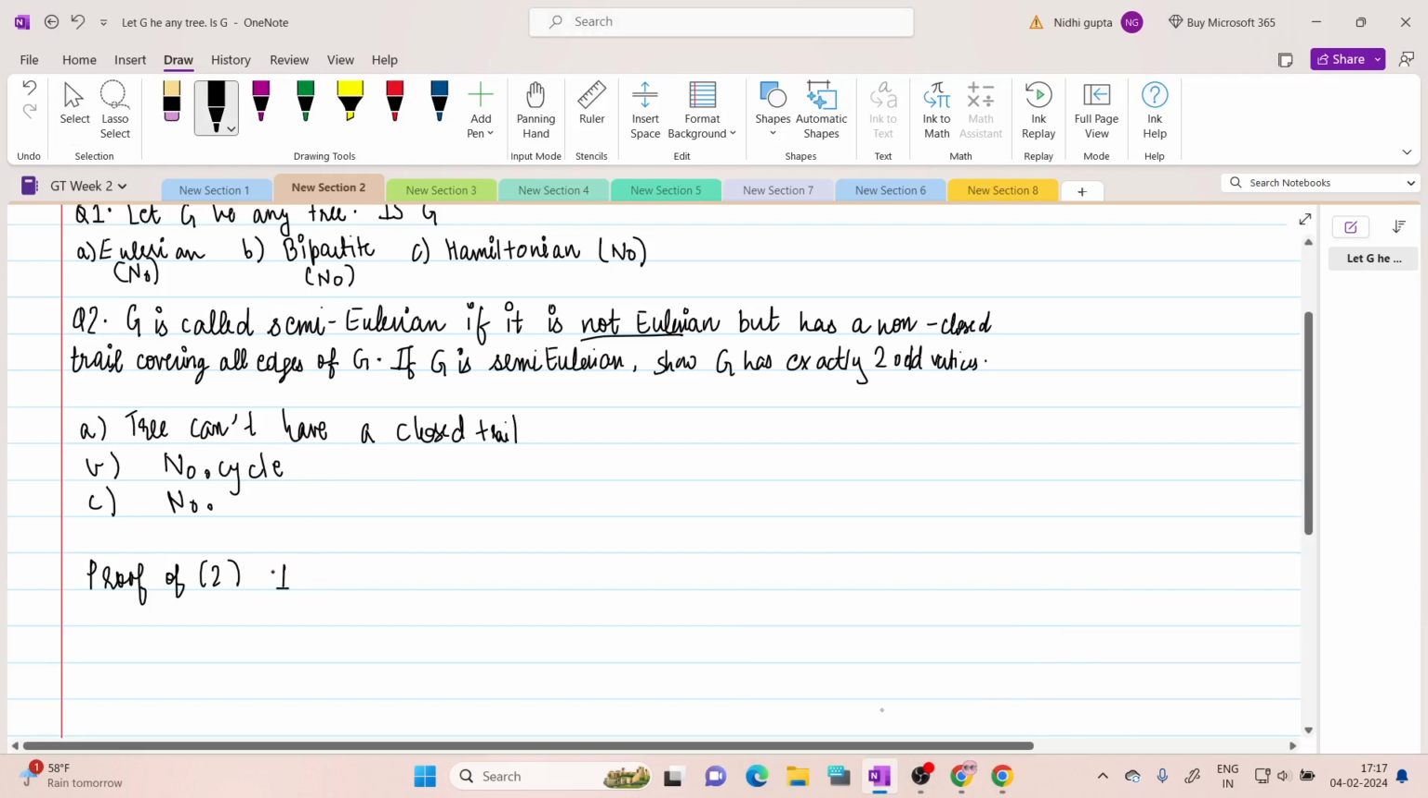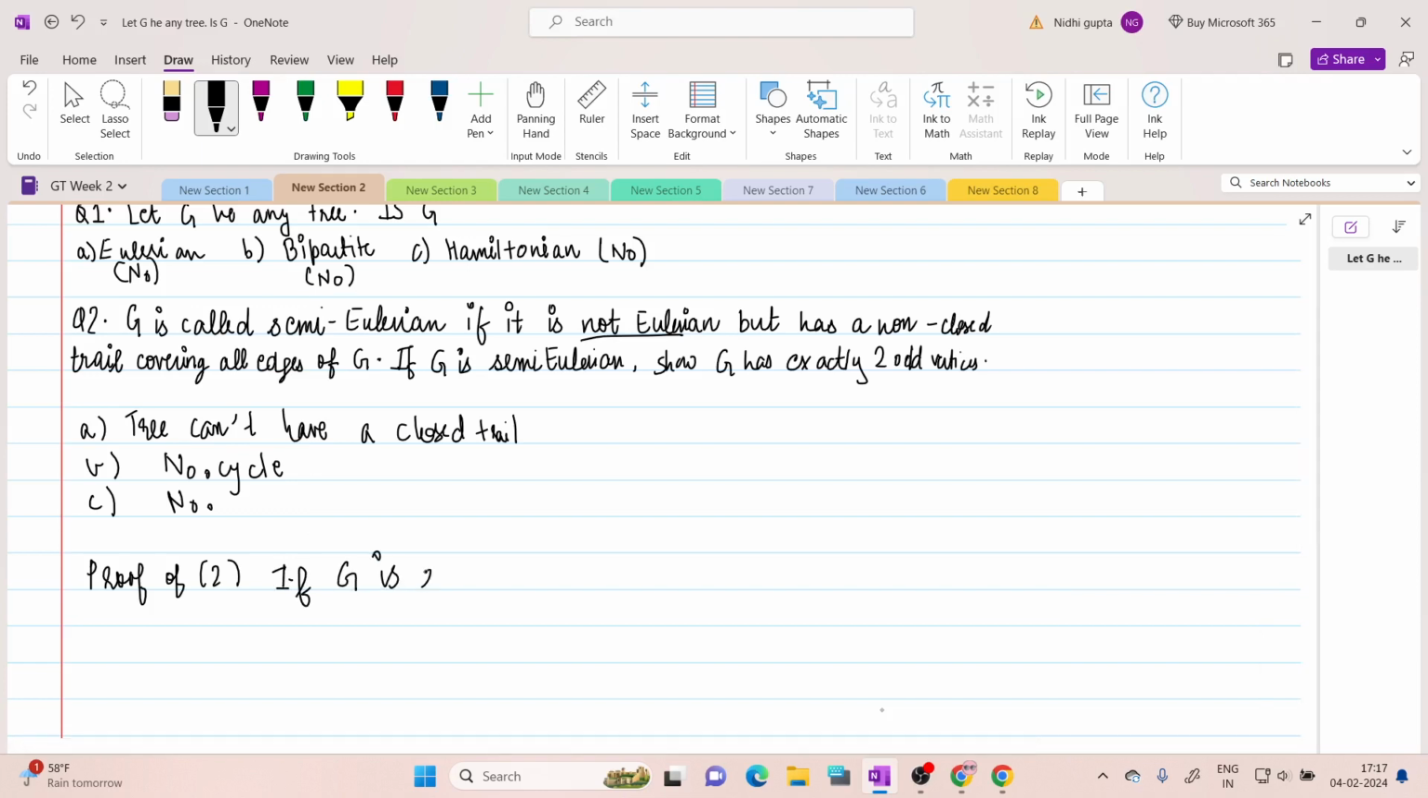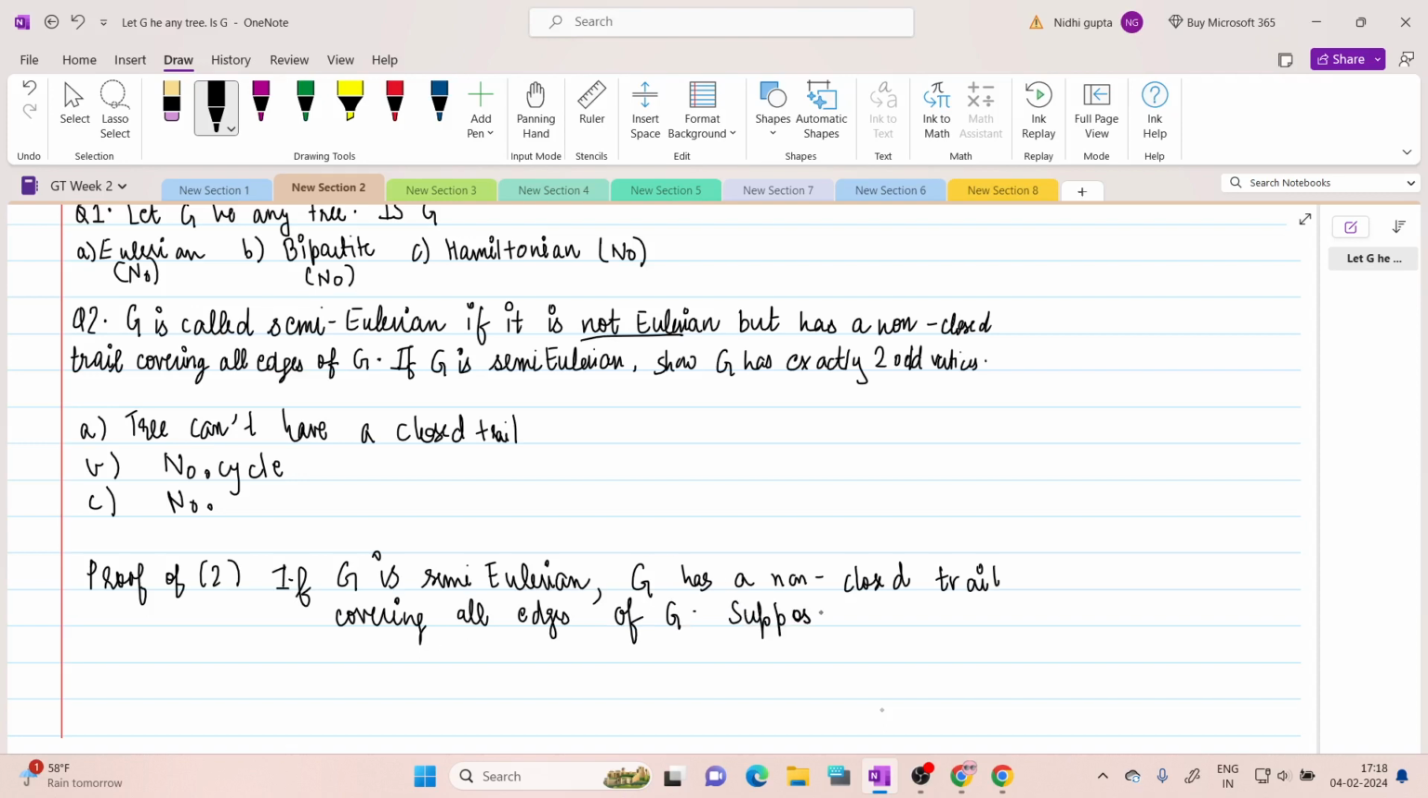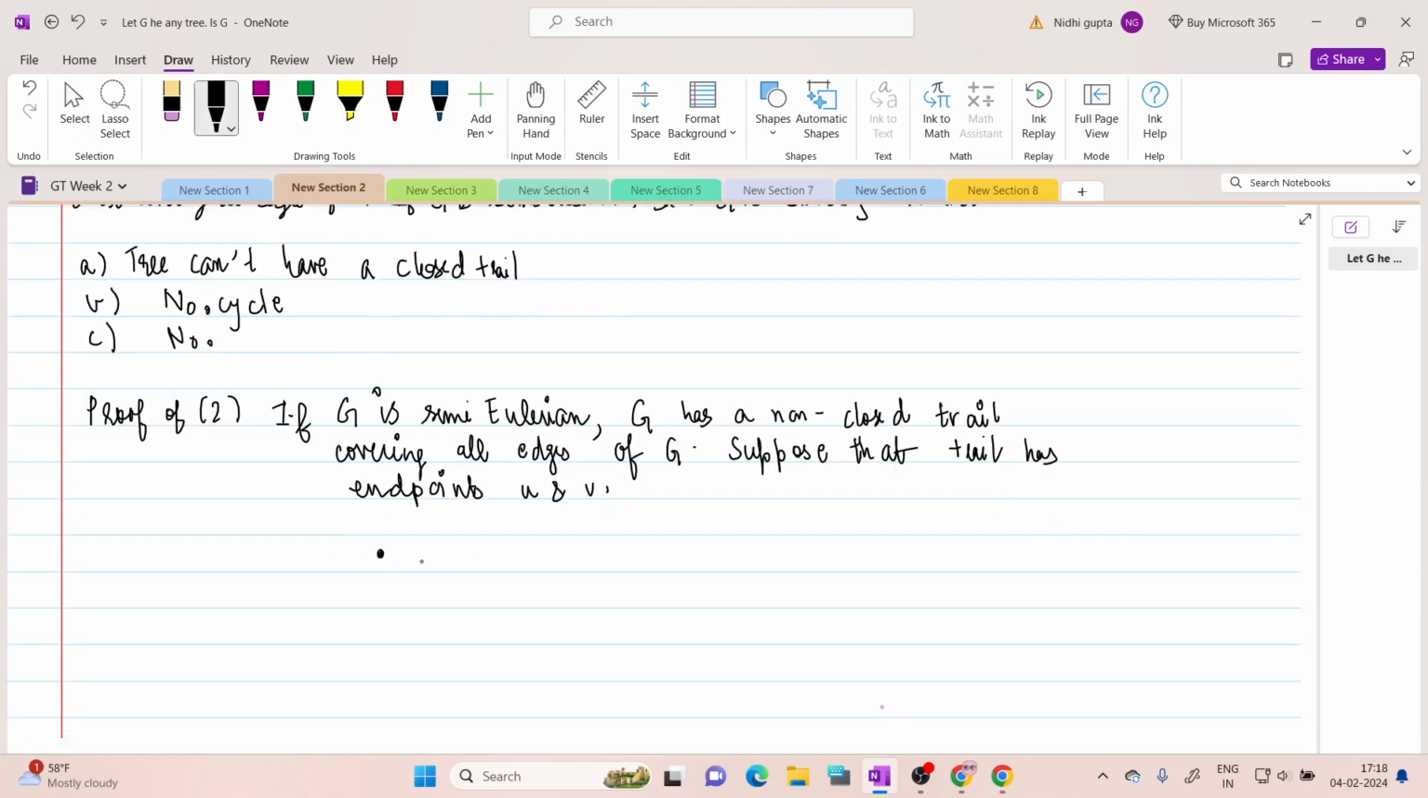So if G is semi-Eulerian, that means G has a non-closed trail covering all edges of G. Suppose that trail has endpoints U and V. So now since G is semi-Eulerian, basically we have a graph G and we can cover